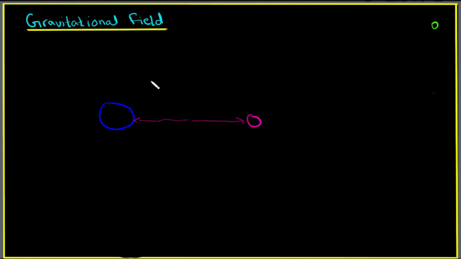So we know that gravitational field is basically an area in which the gravity of that thing is effective. Technically the gravitational field extends till infinity, but it goes weaker and weaker as you move away from it, right? So the concept of gravitational field is pretty simple if you understand gravity: it is the region in which the gravity of that mass is actually effective, right?